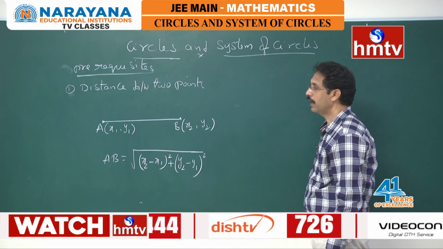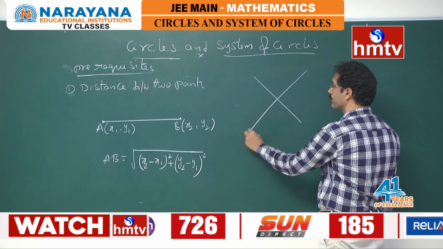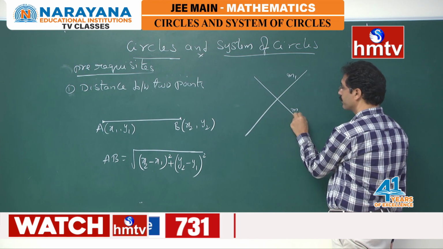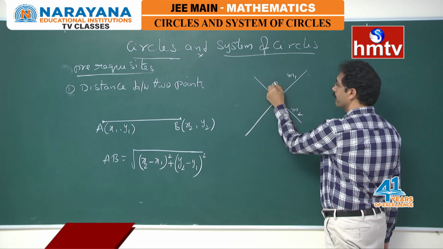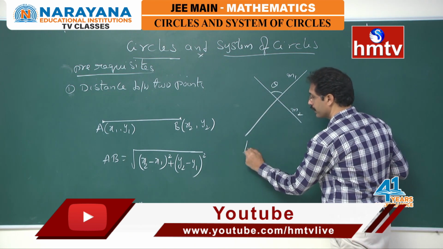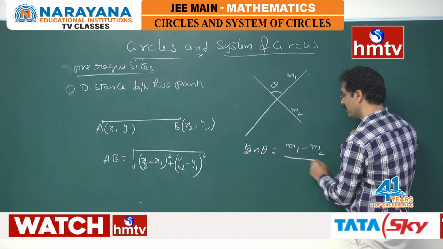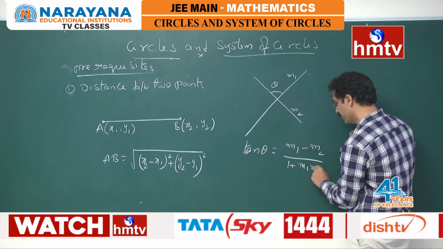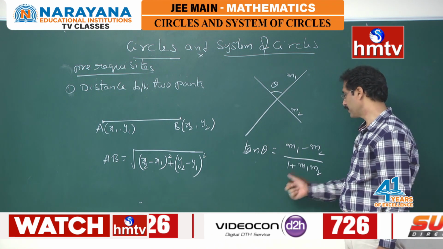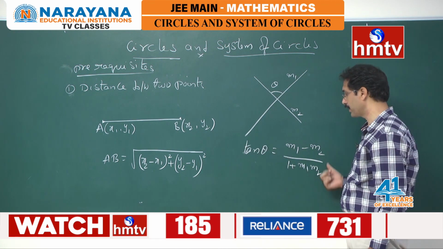Now, we will go to angle between 2 lines. That means, see, any 2 lines intersect. If M1 and M2 are their slopes and theta is the angle between them, then tangent of theta can be obtained by tan theta is equal to (M1 minus M2) by (1 plus M1 M2). It is the result to find out angle between 2 lines. If theta is acute, we apply modulus over here, because theta is acute means tan theta is always positive, that is why we need to apply modulus.